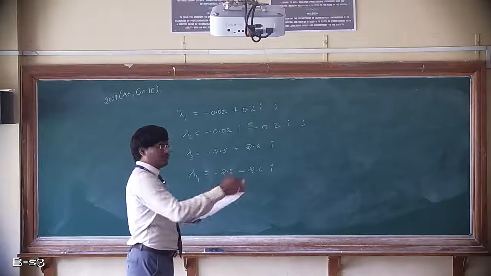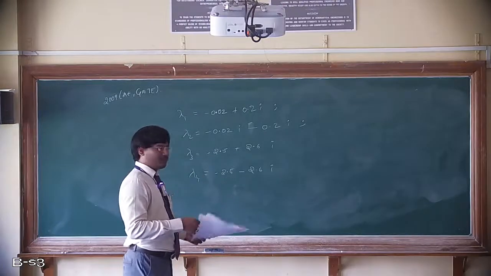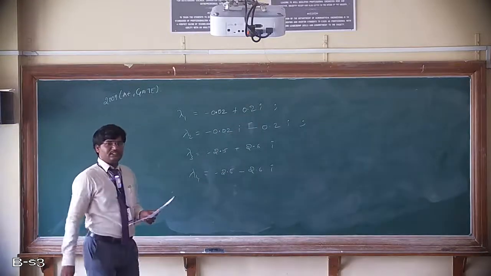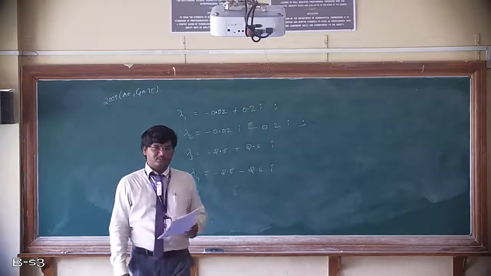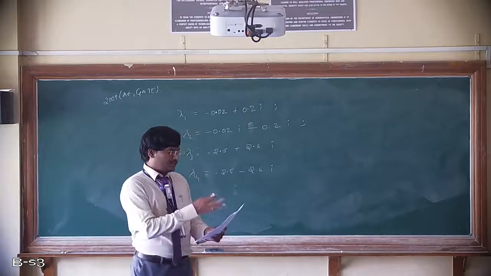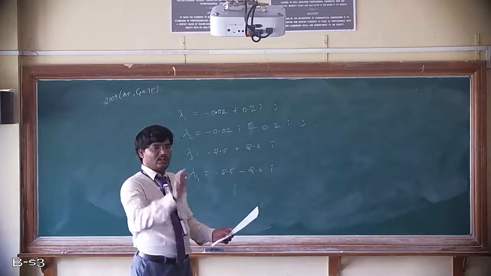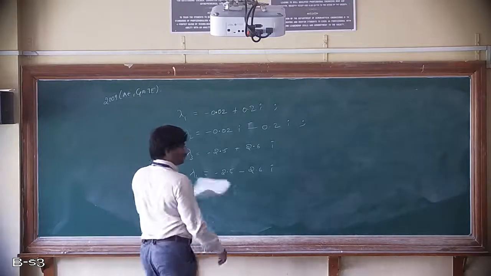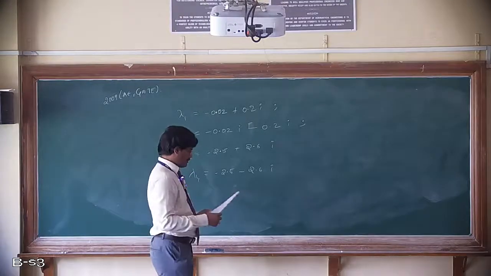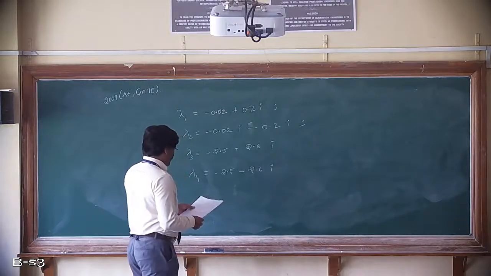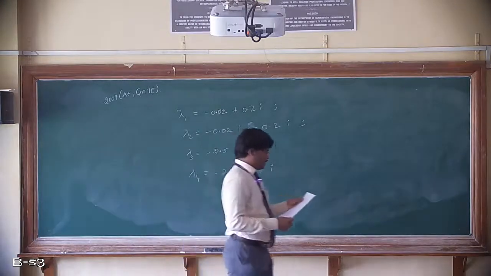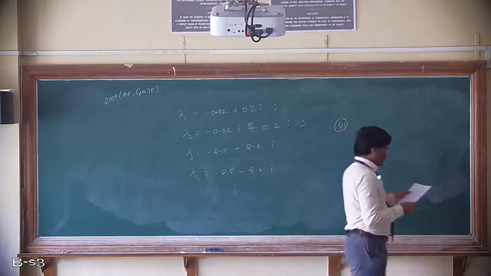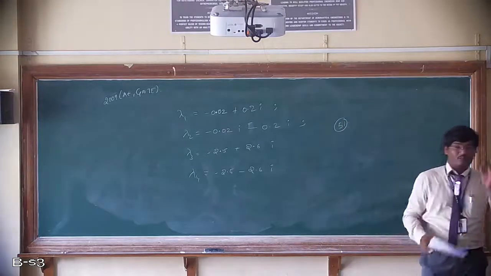For simplicity, just do one thing. Download all the GATE previous question papers. I will just give the question number, 51, and you can directly go to that question number. It is very easy compared to noting it down. I mean, it is very difficult, right? We don't have that much time to write the question here. Is it clear? Just download all those GATE previous question papers, and if I say the question number is 51, 52, go directly to that question. Yes, I will solve it here. Is it clear?